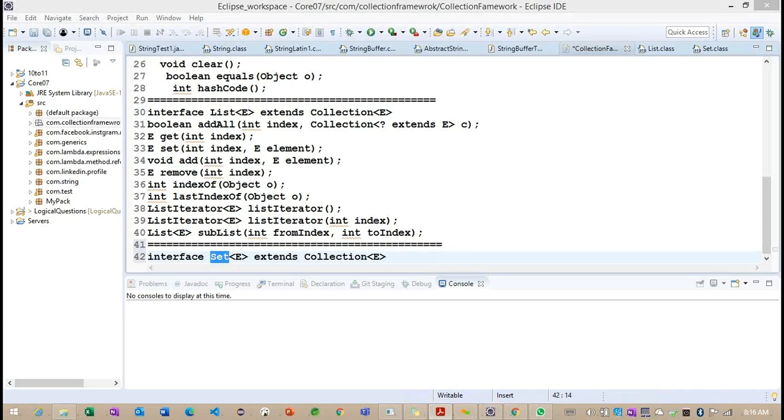If I add duplicate elements, how are they going to be removed? We'll see with the implementation code how these duplicate elements are removed. When we call the add method, for a unique element it will return true.